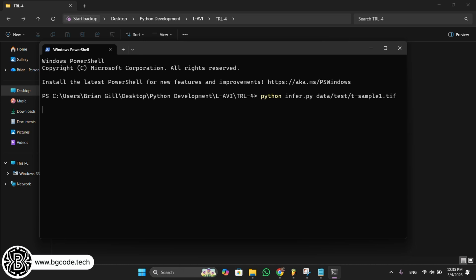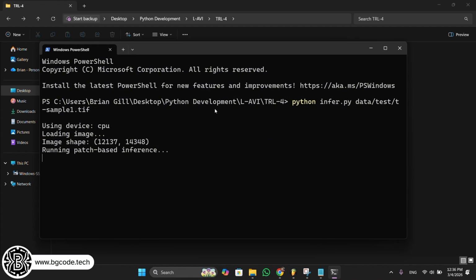Now, we are passing a specific test image, t-sample1.tif, located in the data/test subdirectory as an argument to the inference script. Press enter to run. Monitor the terminal output. The script initializes, indicating it is using device CPU. It then proceeds to loading image, revealing the image dimensions are quite large at